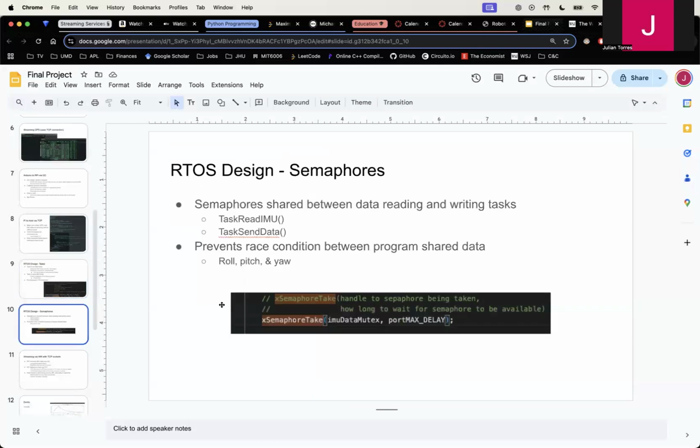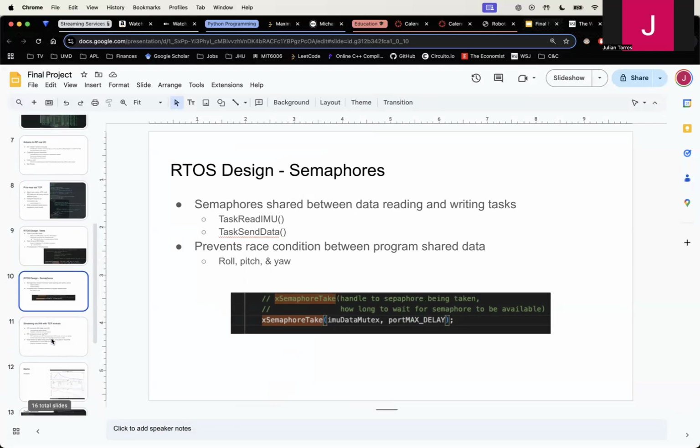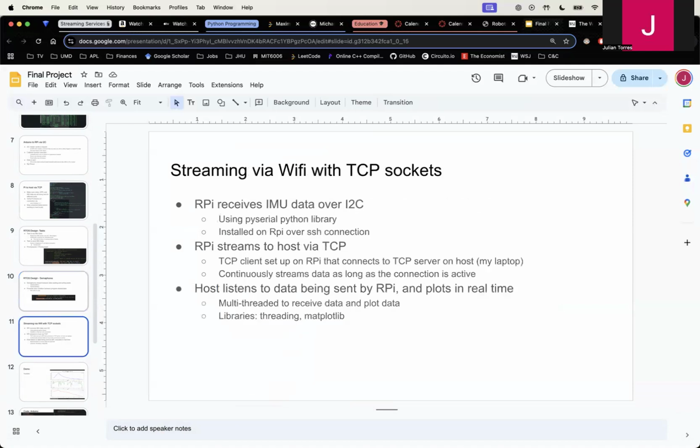At the risk of being redundant, we're using semaphores. So while one task is executing, it takes a semaphore, it does what it needs to do, and then it returns the semaphore so that the other task can run. And so this is just running continuously. Not much of a need to go into more detail here. This is kind of the core of our previous projects. So I will move on to